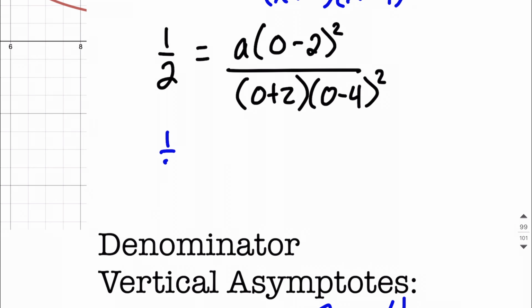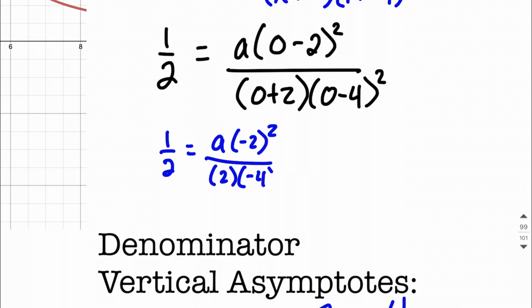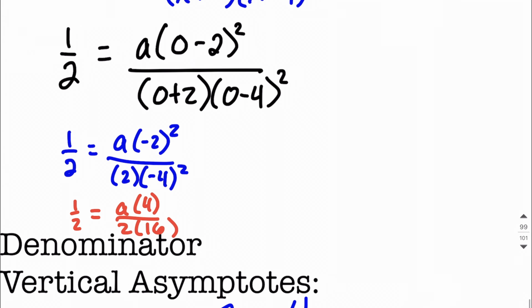So we're going to bring the 1/2 along. We're going to go ahead and say, well, that's a times negative 2 squared. We have positive 2 and negative 4 quantity squared here. So really, this is going to be 1/2 comes down one more time. A times 4 over 2 times 16. Just kind of taking our time order of operations as we simplify this down. So we're working on solving for a. So that's going to be 1/2 equals a times 4 over 32,